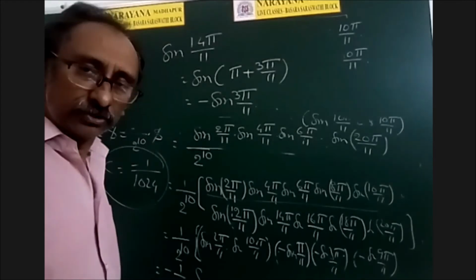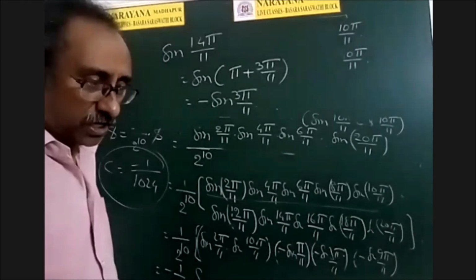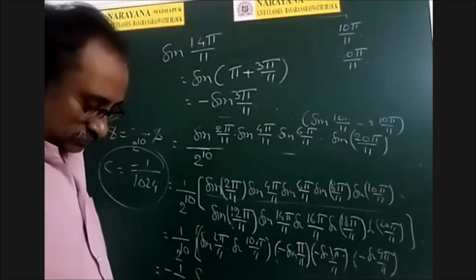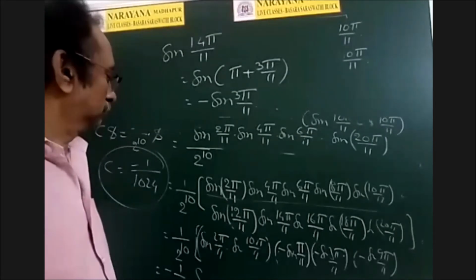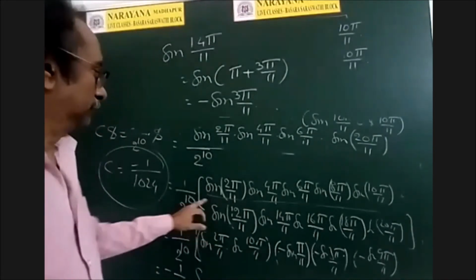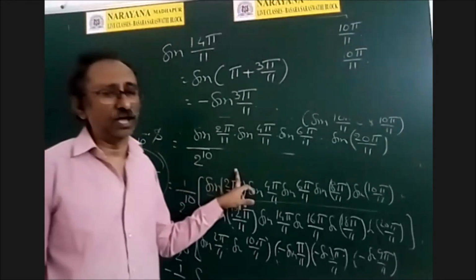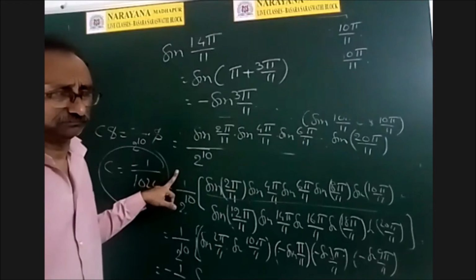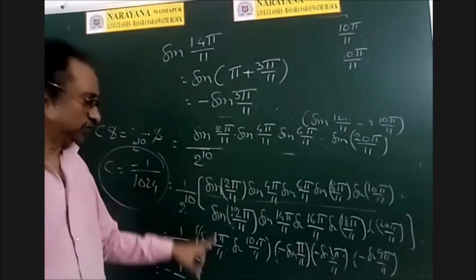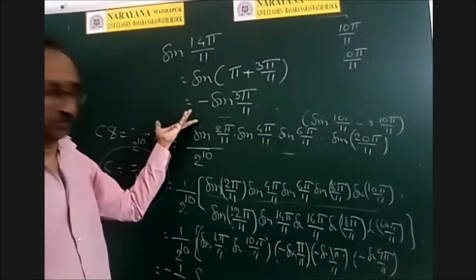Akash, any doubts? Hello, Akash. Yes, sir. Can you explain the second last step, sir? Yes, sir. After this, how did you get 1 by 2 power 10? How many 2's are there in the denominator? Sir, after this step. That only I explained. That is already over.